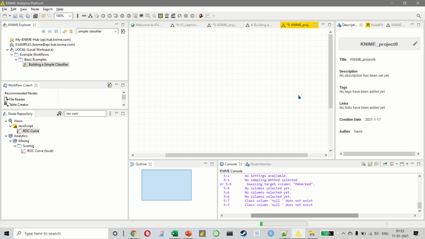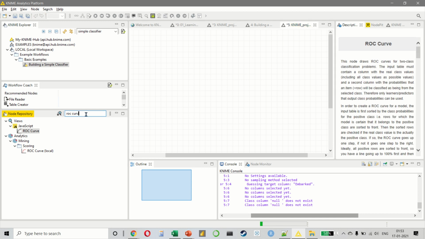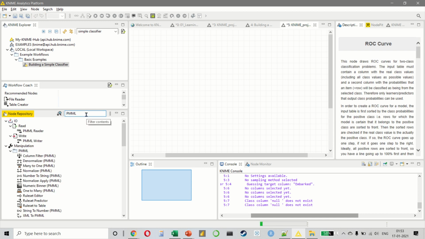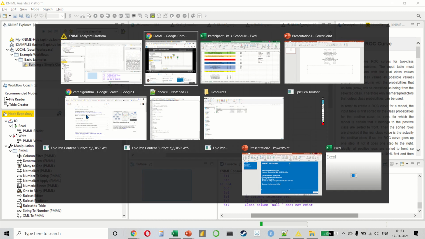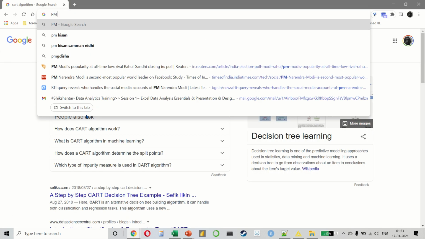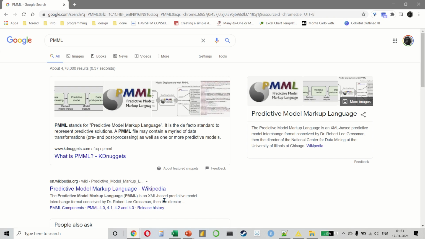What Nime is also very good at is supporting different platforms. So here we have something called PMML. If you do a simple Google search, PMML stands for Predictive Model Markup Language, and it is an interchange format that allows different platforms to interact with